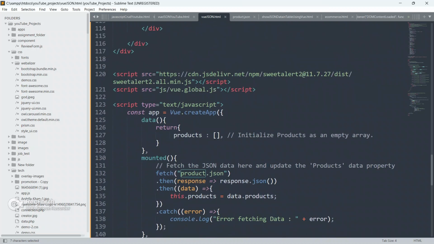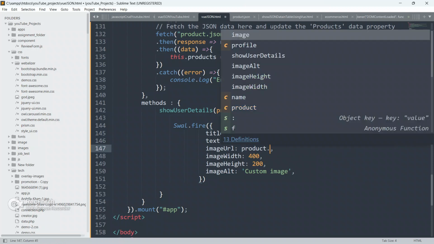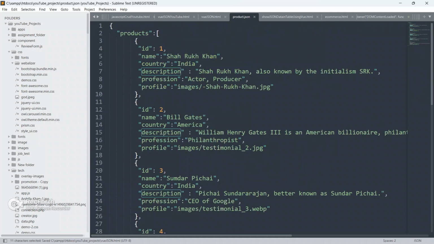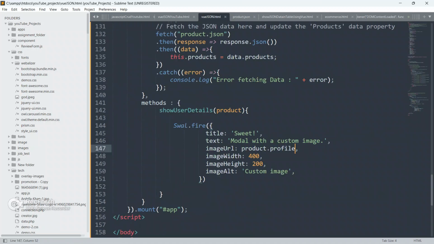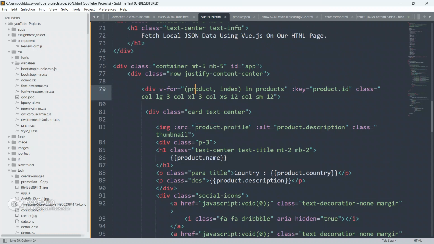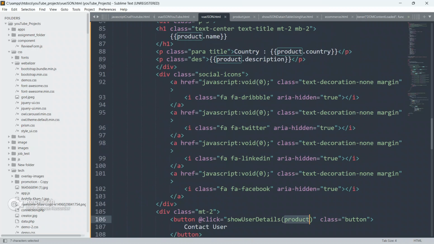Later on we have to grab this parameter as an argument, so receive it here, and we will say product.profile. That's why I passed the product object from here, inside this function, showUserDetails.